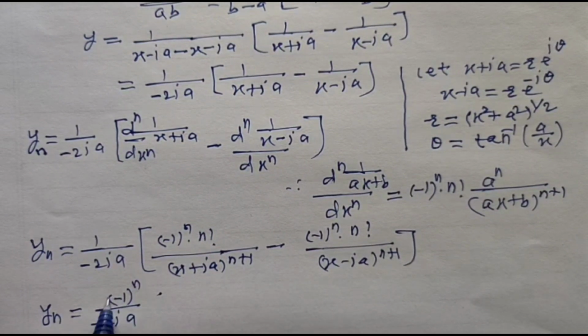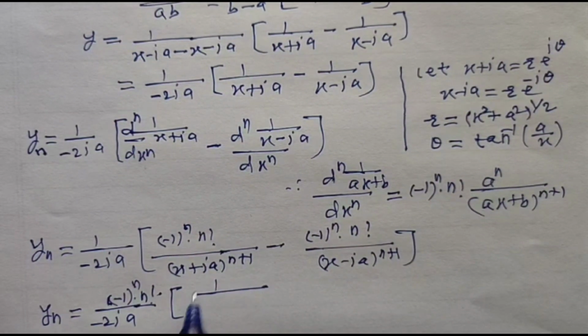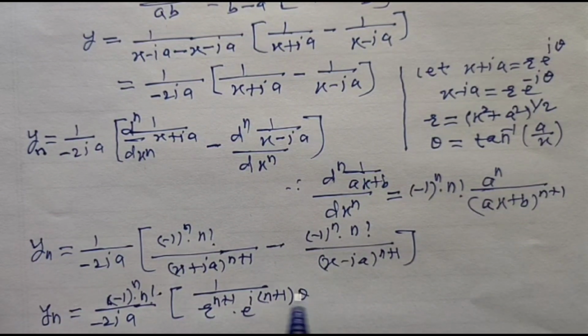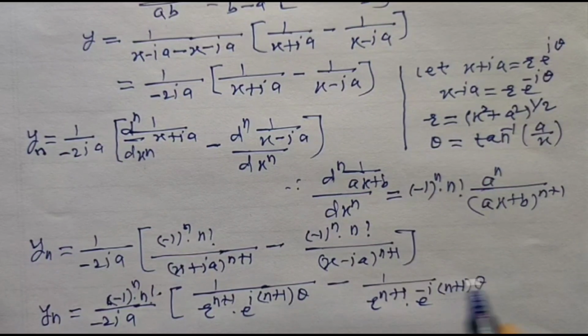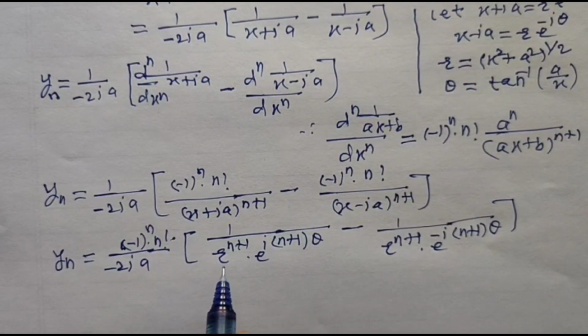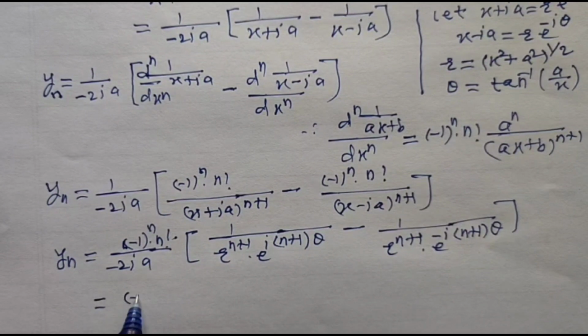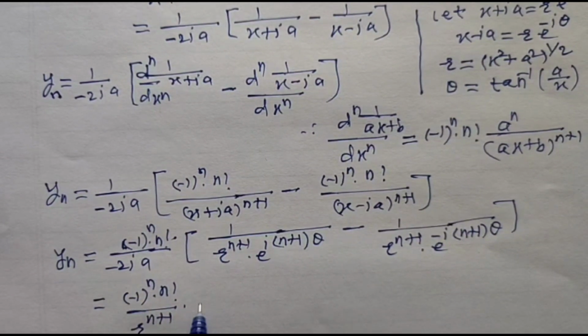Minus 1 to the power n into n factorial is taken common, then into the bracket 1 upon x plus ia we are replacing by this, that is r to the power n plus 1 into e to the power i n plus 1 times theta minus 1 upon r to the power n plus 1 e to the power minus i n plus 1 times theta. Simplify, taking r raised to n plus 1 common from the denominator, yn can be written as minus 1 to the power n factorial divided by r to the power n plus 1 into 1 upon minus 2i